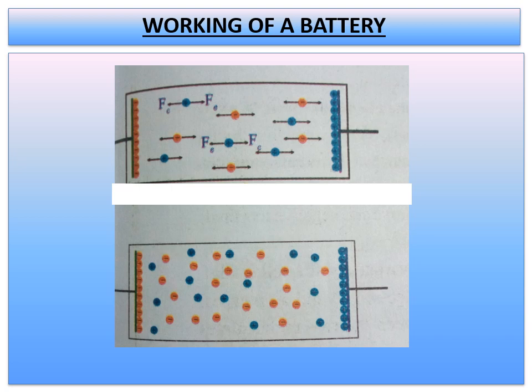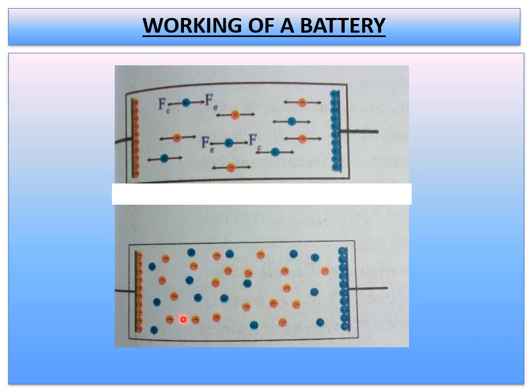So already it is shown in the picture. Now the new battery that we buy from the shop is at a stage where the ions in the electrolyte are under the influence of balanced forces. So these are balanced forces. If you see here, this is Fc and Fe. So this is the reason what happens: the constant potential difference is maintained between the terminals.